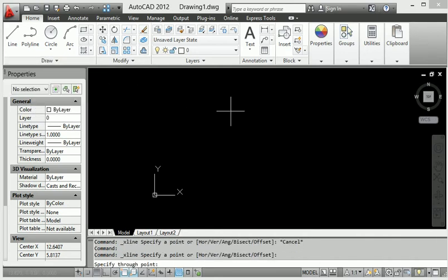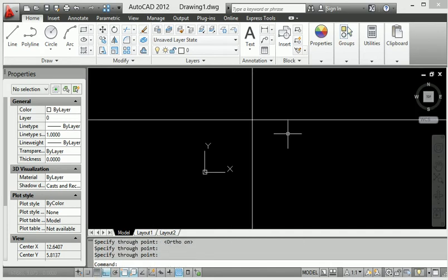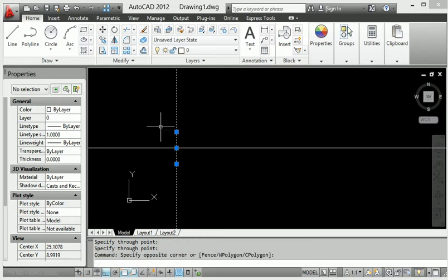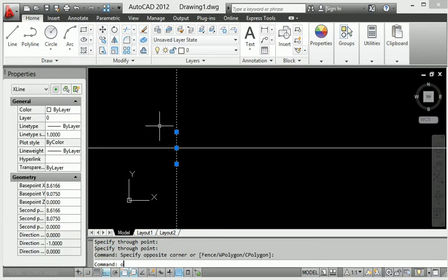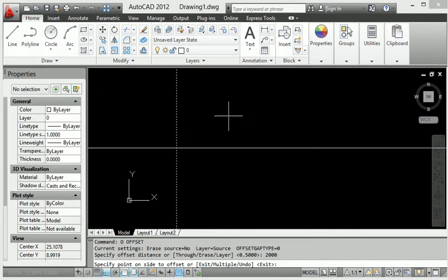When I make this infinite line here, right, I provide the orthogonal, and also I click this here. Okay, then I select this component and offset, O enter, then provide the 2000 dimension outside.